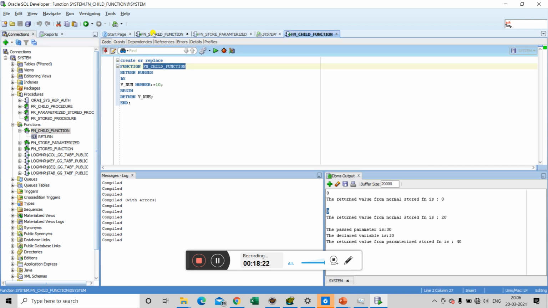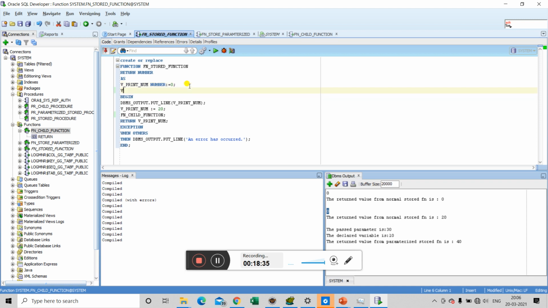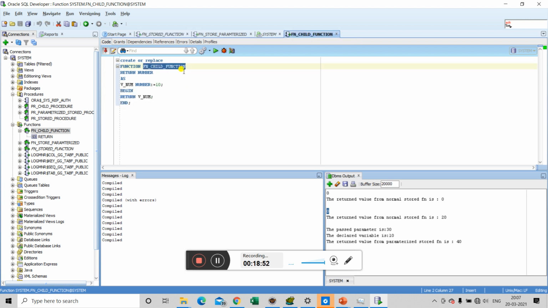Let's call it in the normal function. So again, to hold the value returned by this particular fn_child_function, we need to declare a variable that will be holding the value. We need to declare it as a number type because the return type is number in the child function.